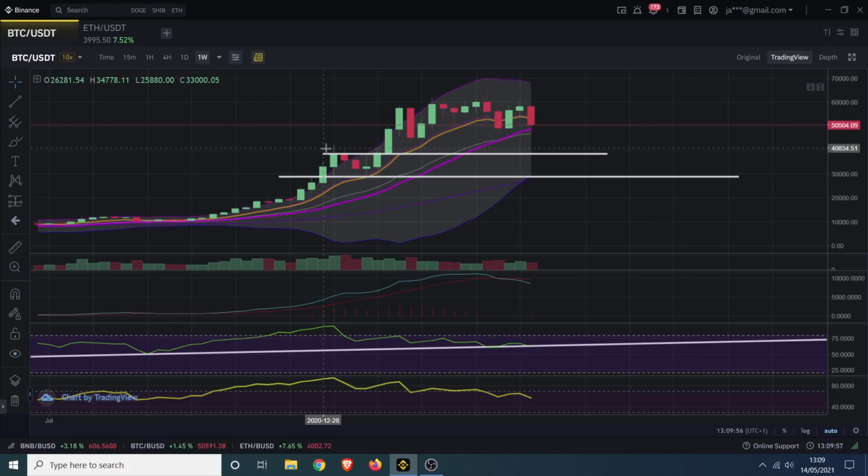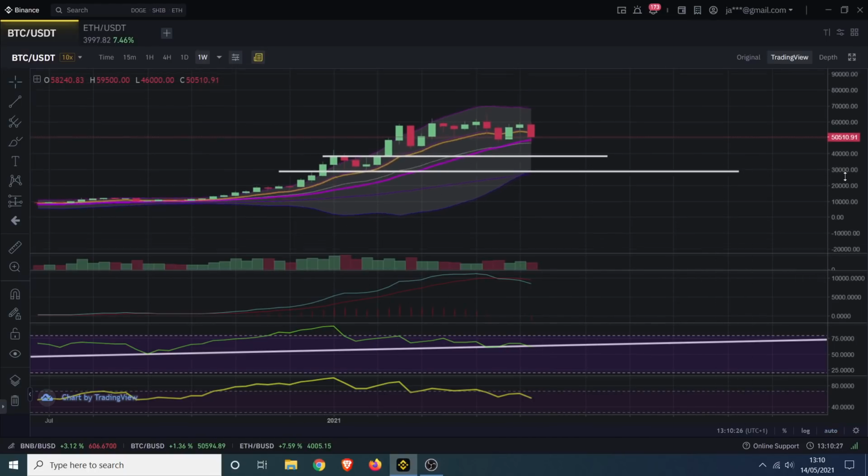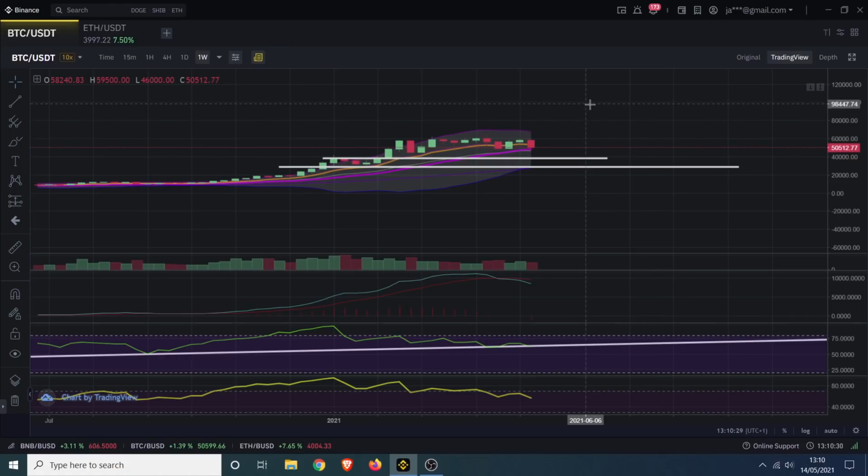That might be changing soon, but for the moment, the damage has been felt by Bitcoin. It's suffering as its market cap decreases and moves into altcoins, especially things like Ethereum. So all eyes for me are going to be on the way that Ethereum's behaving. If Ethereum's marking a specific top, especially on the weekly, that would suggest that it is overbought and it's had enough, can't go any higher. And then the rotation is likely to kick into Bitcoin, and Bitcoin could be here, it could be here, it could be here. But when the final rotation kicks in, Bitcoin is likely to launch all the way up to around about here.